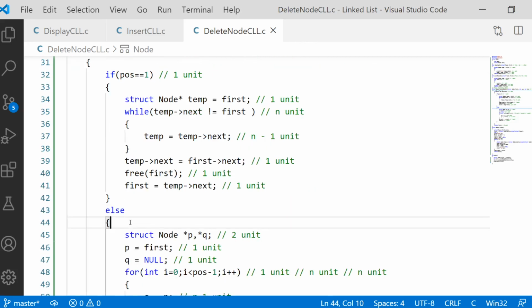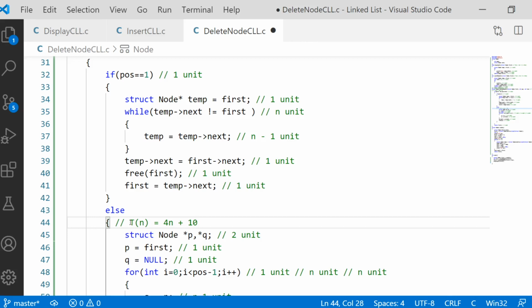So coming to the else part, T of n is equal to 4n plus 10. From this equation, it is clearly seen that it is a linear equation.